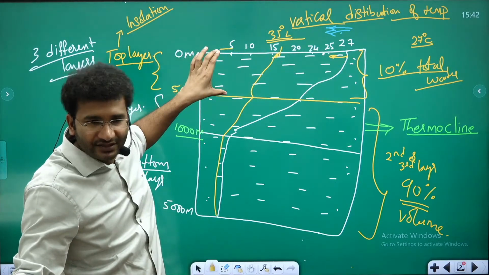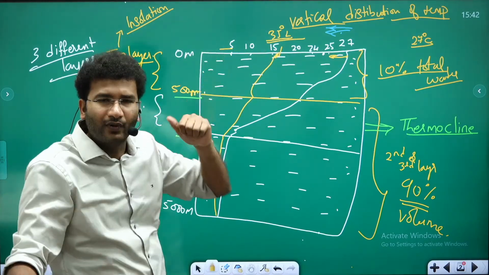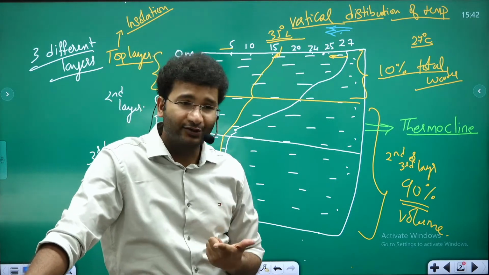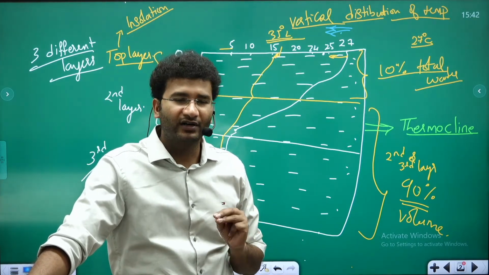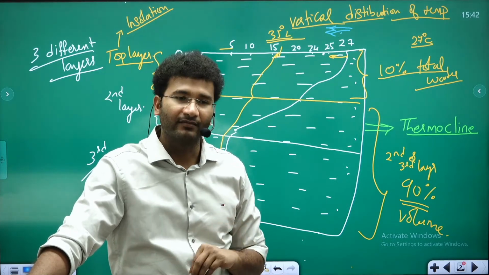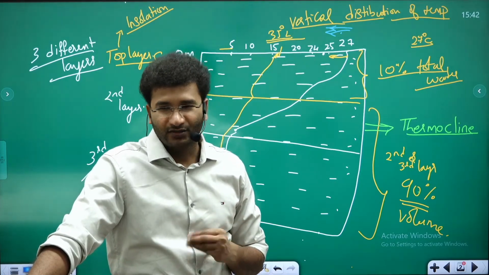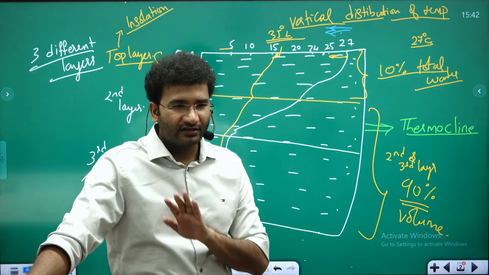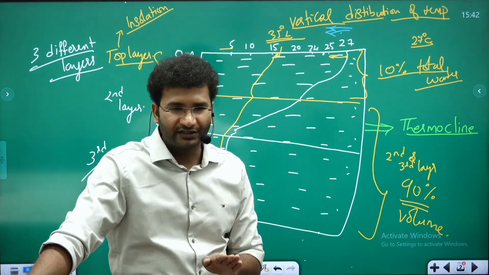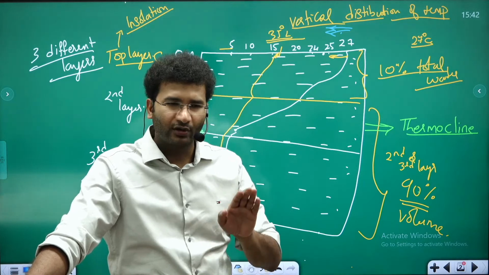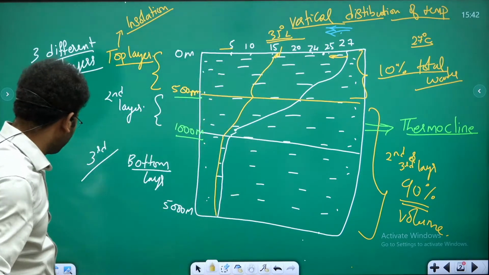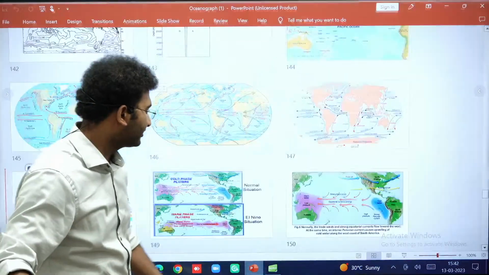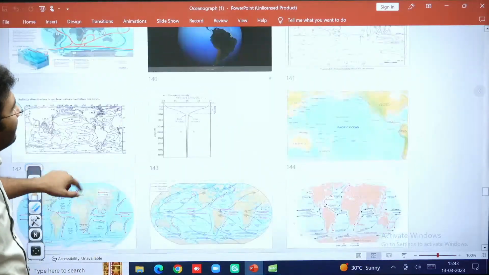Here, this is under the influence of one, wind, second, latitude, third, ocean water currents, and fourth, unequal distribution of land and sea. Okay. So this is nothing but the distribution of ocean water temperatures in the ocean, both horizontally and vertically. Once, let me show you a map which will tell you how exactly the temperature is distributed